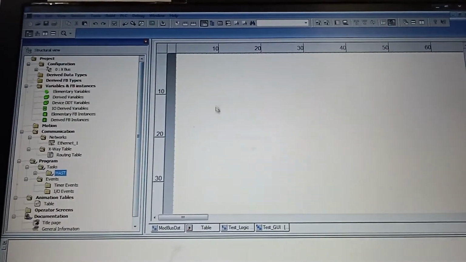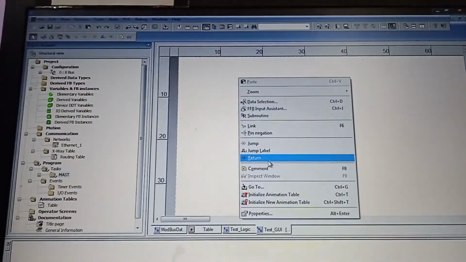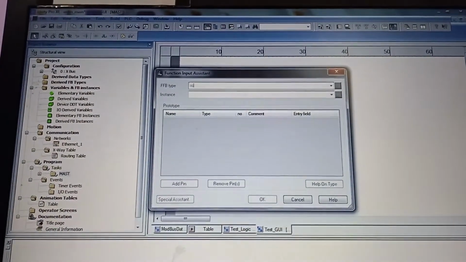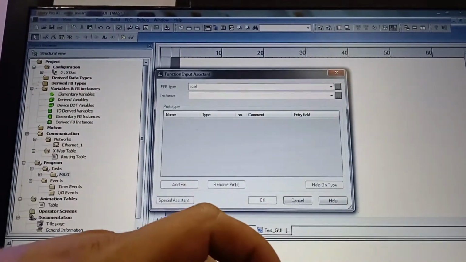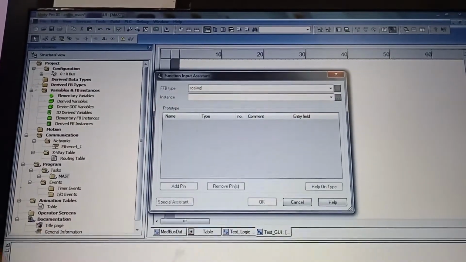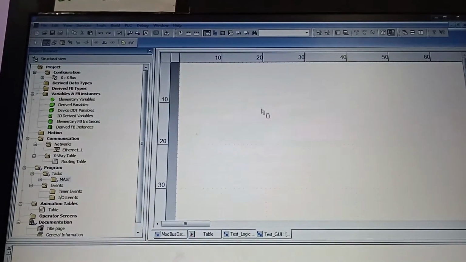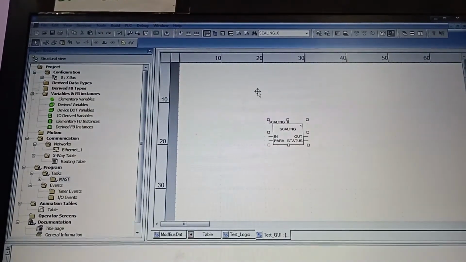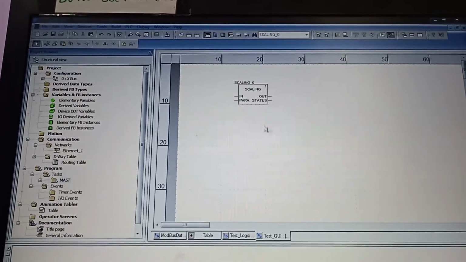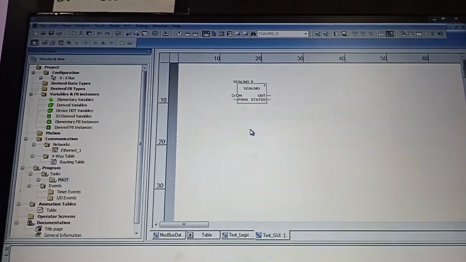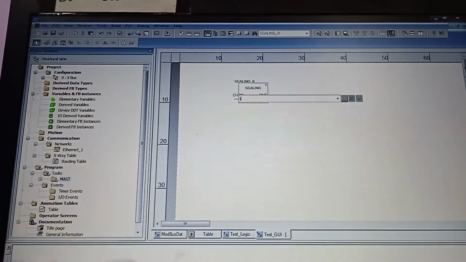So for that, just for testing, I will make one small block. This is for analog. So I am taking the scaling block. So here the input, I'll give the name test input.